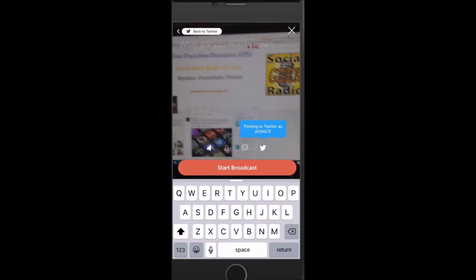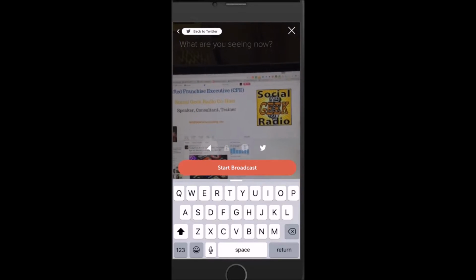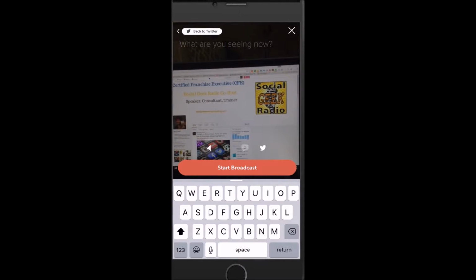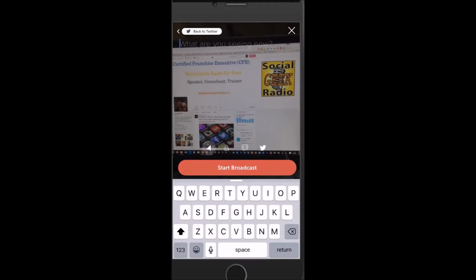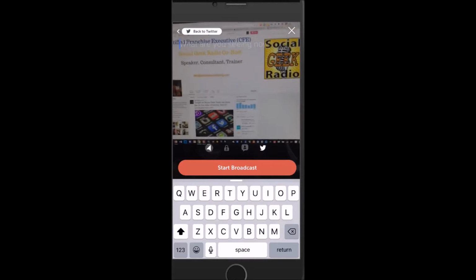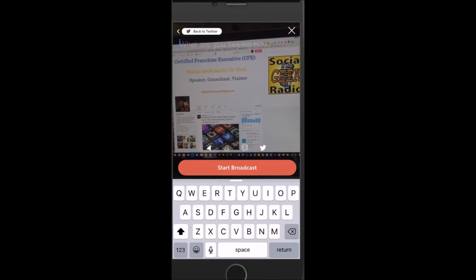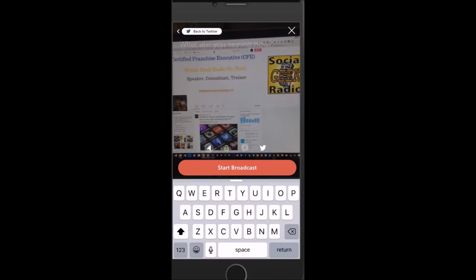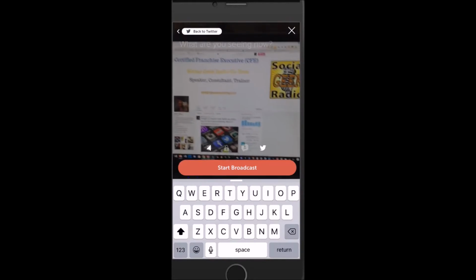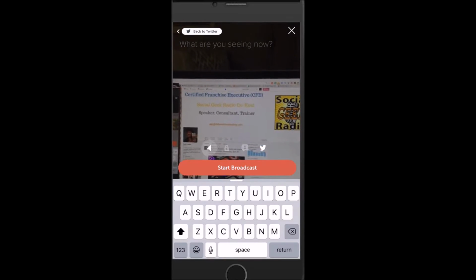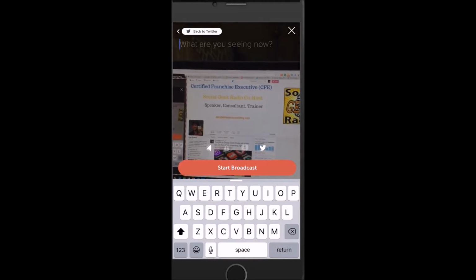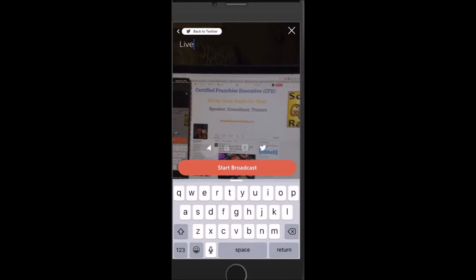So it should play within Twitter, and we're going to test that out and see, because I have my Twitter profile loaded on my computer. And we're looking at it here. Now the first thing you have to do is give it a description. So up here at the top, where you see the blue thing flashing, I have to give it a description. What are we going to call this? We're going to say live demo